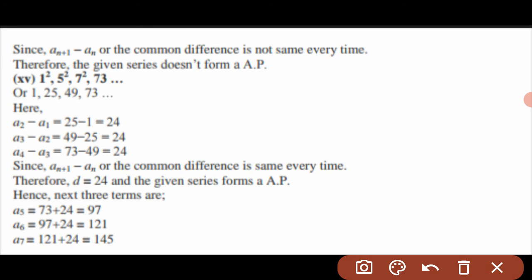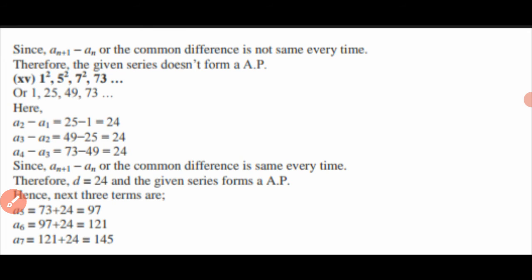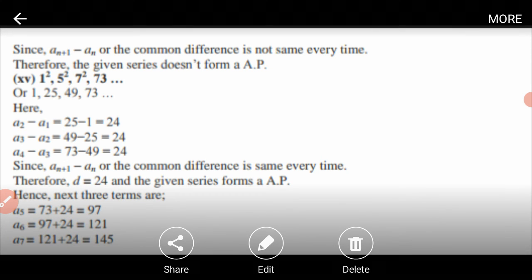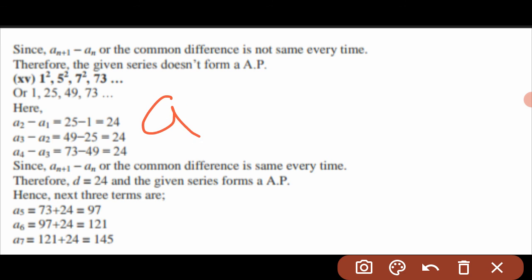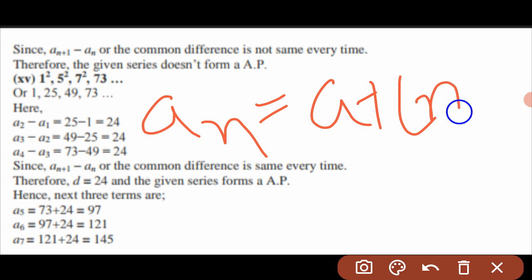So in this way we can find the first term and common difference, and we can check whether the numbers are in AP or not. Now in this way your first exercise is complete. In the second exercise, next time, we will start and study one formula for finding the nth term. Here for the nth term we will study an equals a plus n minus 1 into d. So we will study about this formula.